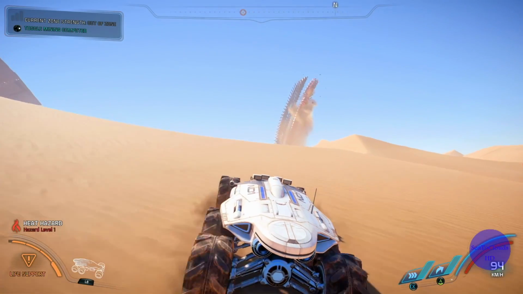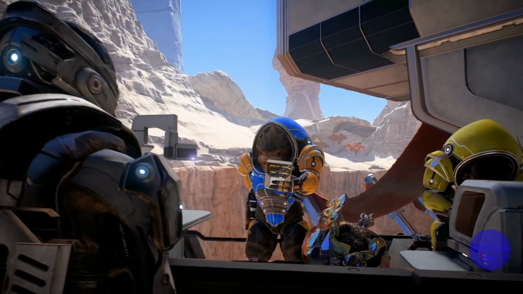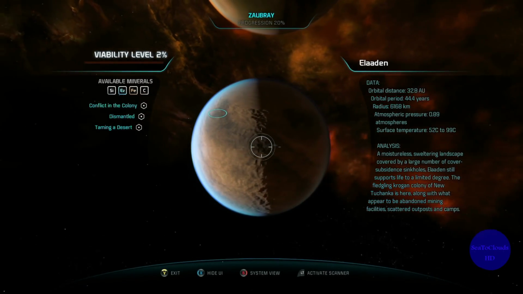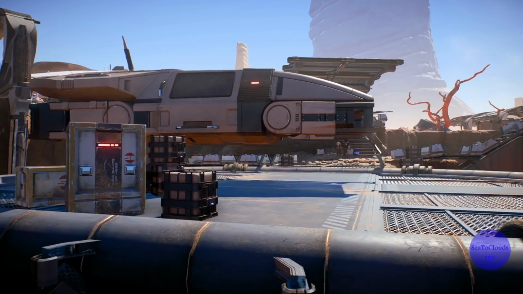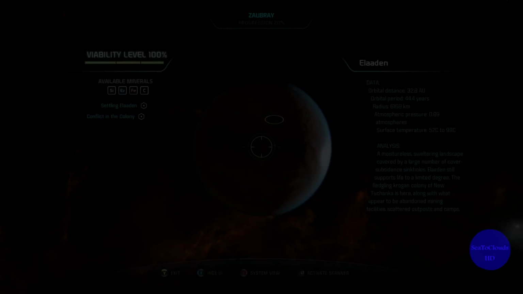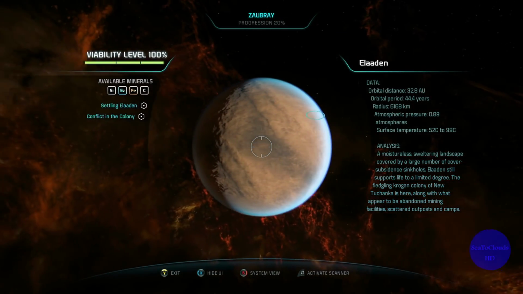As you travel throughout the world, you'll find new areas to explore, new characters, and new storylines. Ultimately, all of these discoveries will help raise the viability of the planet. Increasing planet viability does two things: allow for the creation of an outpost, and upgrade the Nexus, the Andromeda Initiative's space station. Before a planet can support an outpost, you'll first need to get its viability to at least 40%